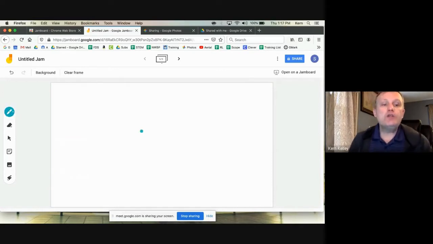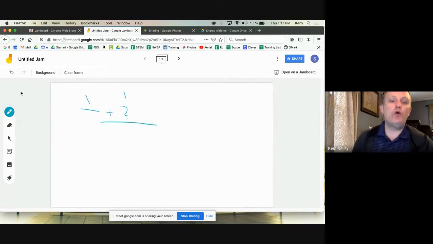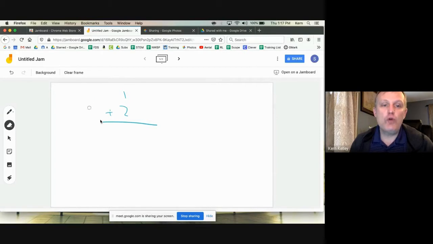If I wanted to show them how I'm doing this, what I would do first is pull up Screencastify, hit record, and then go through the process. I'm using a mouse right now, which is really not great. If I had a touch screen, but the computer I'm on right now to record doesn't have a touch screen, so it's not a good one. But if I wanted to use this to record myself doing problems, you could do that. And you could have a little recording of video when you're all done.